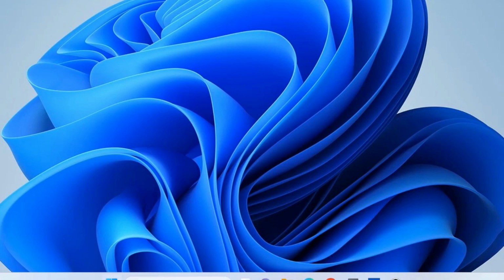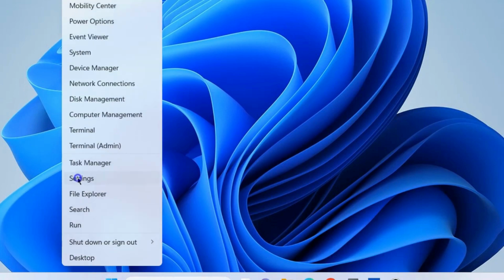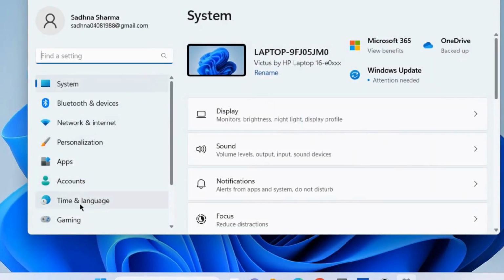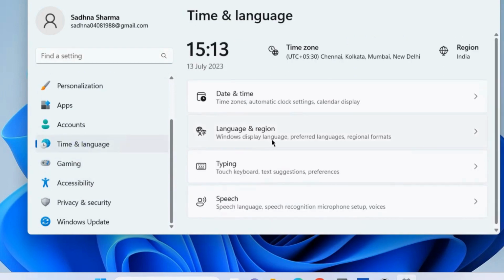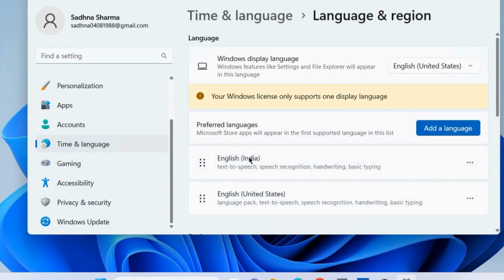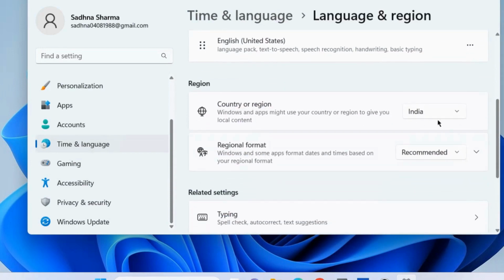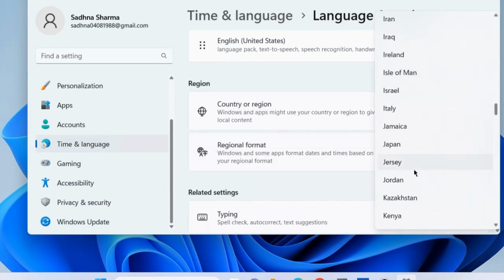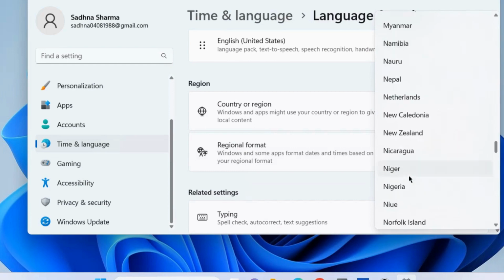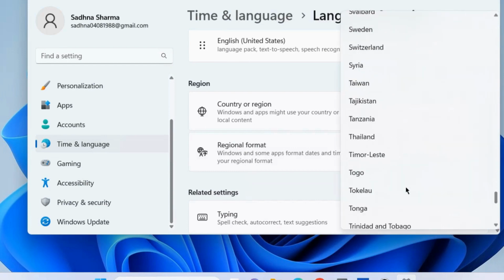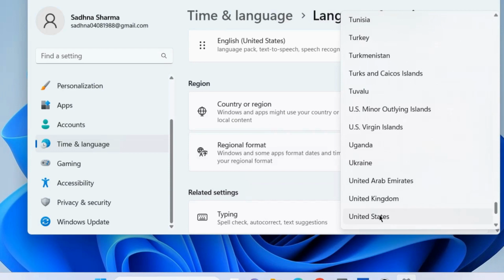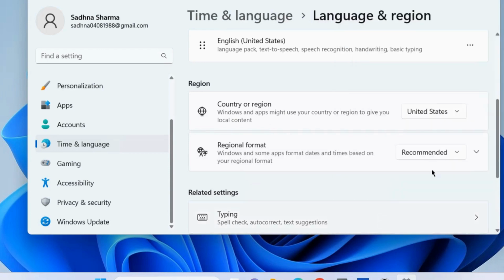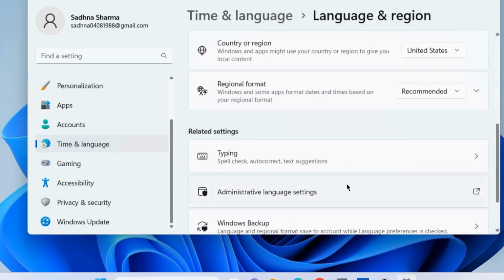And the first and one workaround is go to Windows settings, go to time and language and region, and change your region to US. Under country or region, choose the region United States, and thereafter again